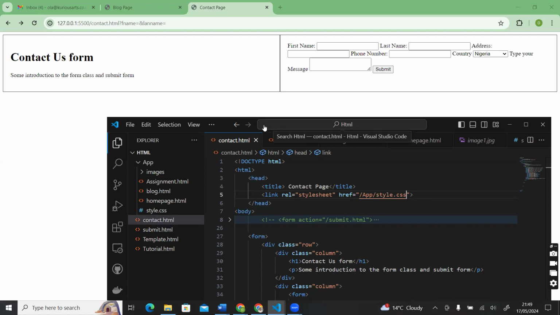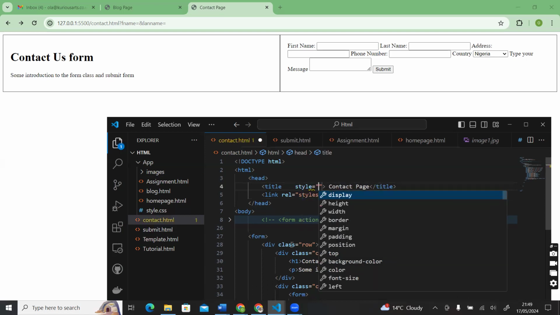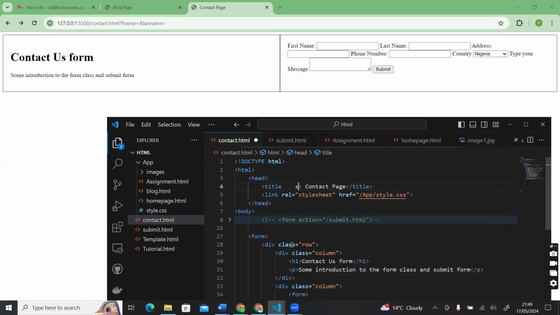If you remember, we talked about inline styling, then internal styling and external styling. Inline styling means styling inside each tag, so I type style in each tag and design it, giving different colors. But if it is internal styling,